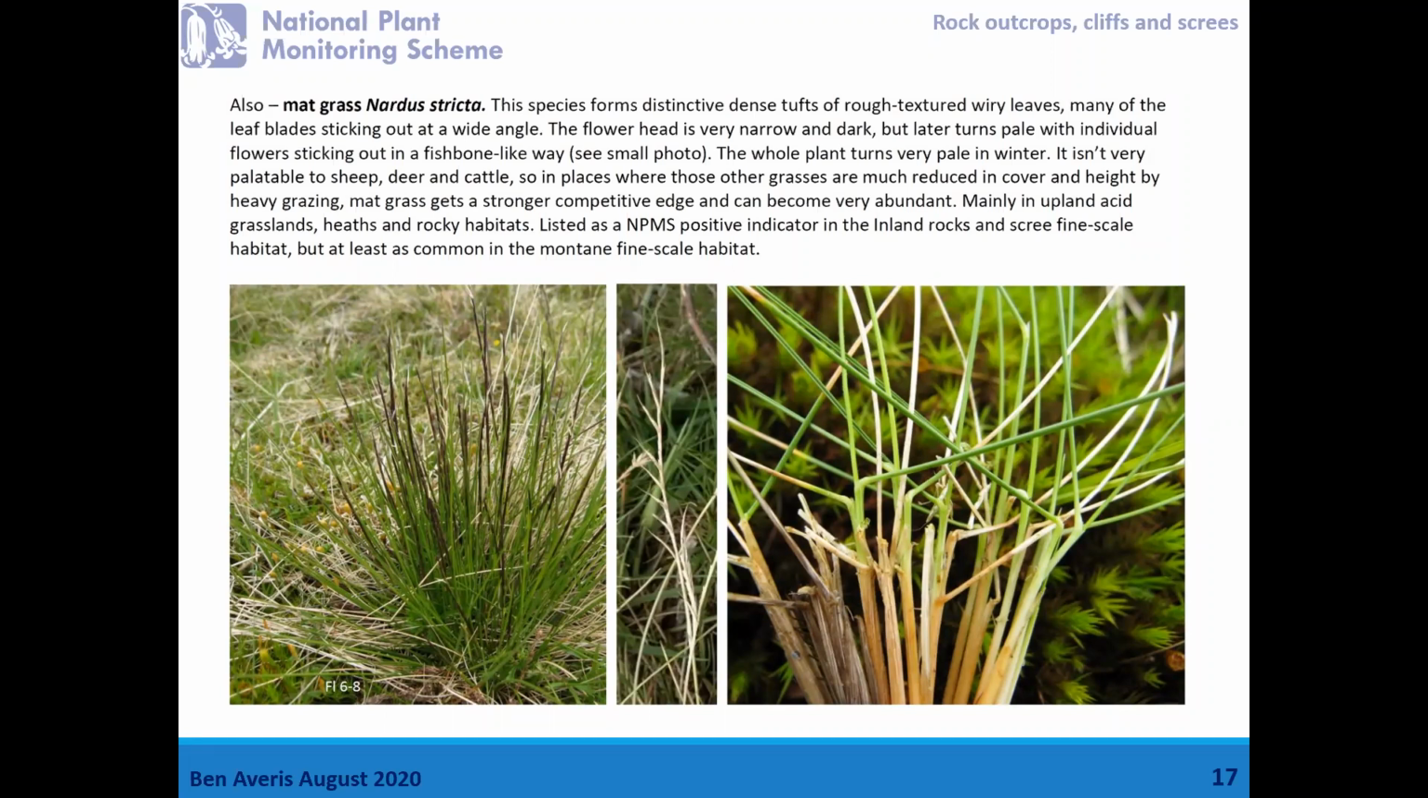It's very common on acid soils. It's not palatable to animals, and it increases in abundance where there's a lot of grazing. Though that's more relevant, I suppose, to grassland habitats than to rock habitats. That matter of being unpalatable. Anyway, easy thing to recognise, and very, very common. On the next page, we've got some dwarf shrubs